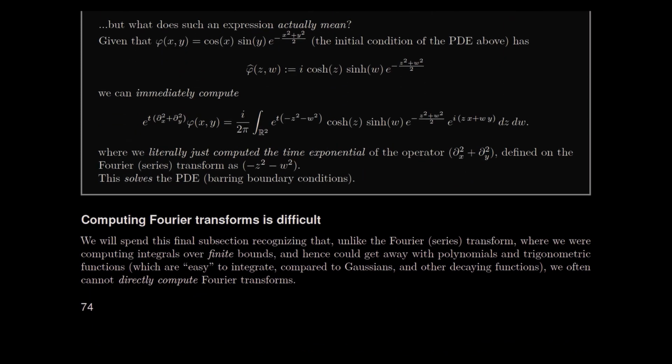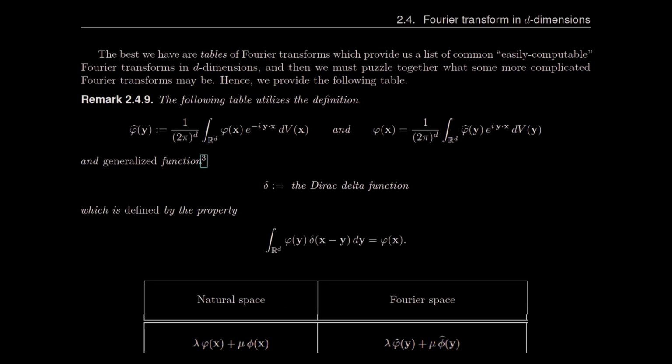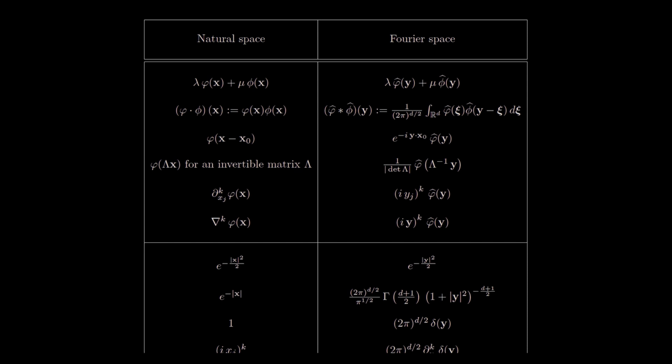So that's really important for Fourier transforms, but to have any sort of idea of what this may actually compute to, right? This is a very important computation to try to make. So we want to know what would this actually compute to. If I tried to compute it, we're going to have to get used to computing Fourier transforms. So that's what we're going to spend today on. And if you're in any sort of standard ODEs course, you probably covered the Laplace transform in the way that 99% of the time you were computing a Laplace transform was with a table. Okay, so we're going to have the same sort of deal with the Fourier transform, where I've got a table, and on the left-hand side, we're talking about where we start,